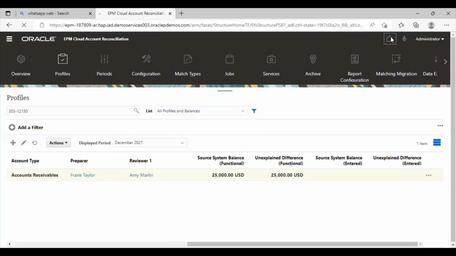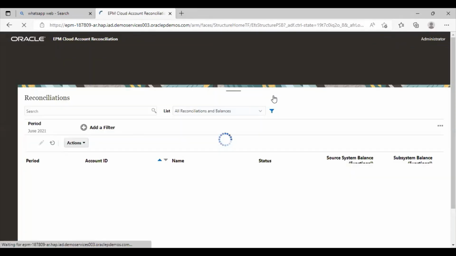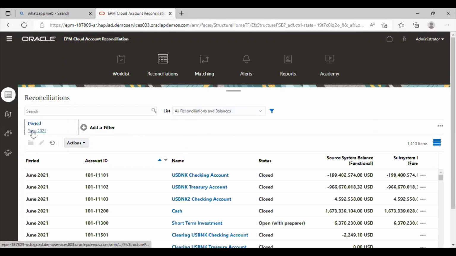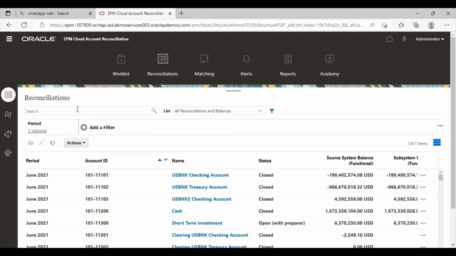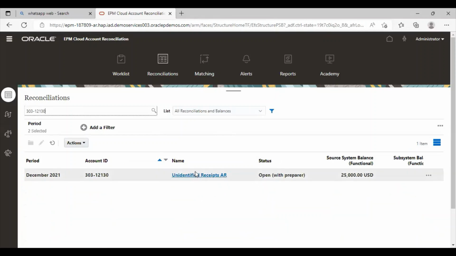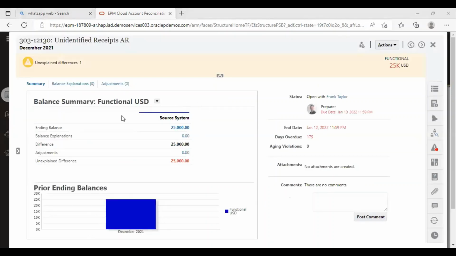I will check my reconciliation card for the period of December. I will search for my profile. So as you can see, the reconciliation has been created. Yeah. So there are unexplained differences because obviously we have imported the balances in one system and this 25,000 stands unexplained. So the preparer is going to provide an attachment and give the explanation for this 25,000